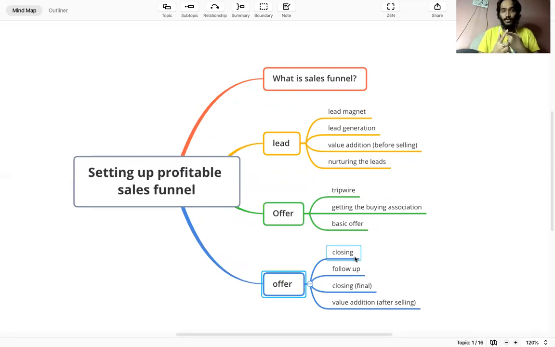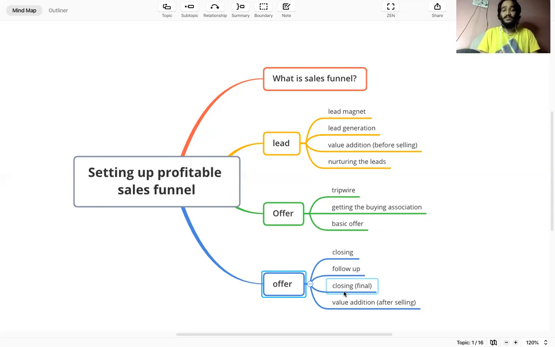If they bought your tripwire, then you have to add more value so that they can buy the core product. For that, you have to follow up through emails, videos again, and paid ads. Send them follow-ups saying that you have bought my tripwire, so you should buy my core product also, because your tripwire had so much value that imagine the core product will have even more. Then follow up and then the final closing. It is said that follow-ups must be about seven touch points, so follow up seven, eight, or even 10 times. And the ending is the final closing.